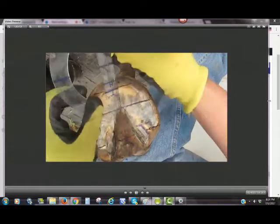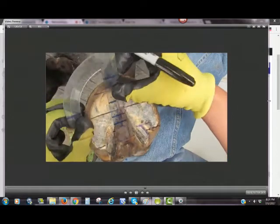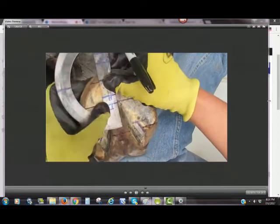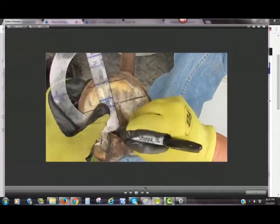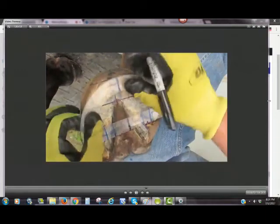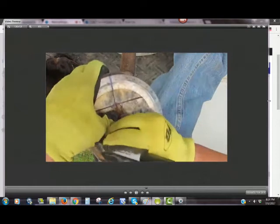Wait a minute. Let me see if I did that right. Measure twice. No, I measured that at 2 inches. Never mind. Good. That's why I say measure twice. My line should be there. Okay? I made it 2 inches instead of...